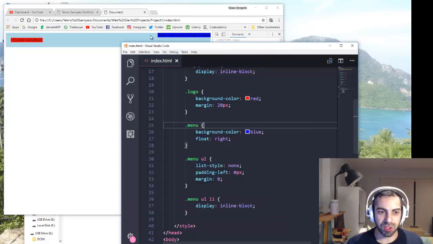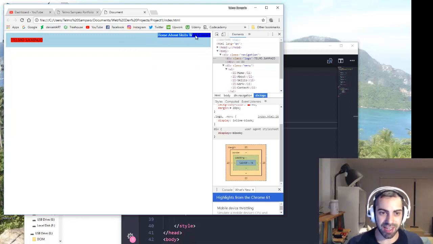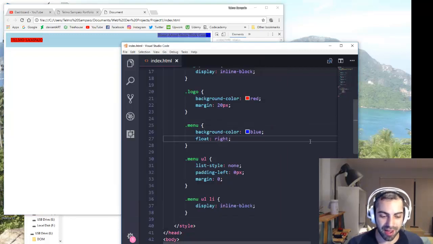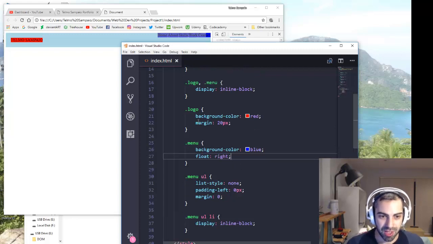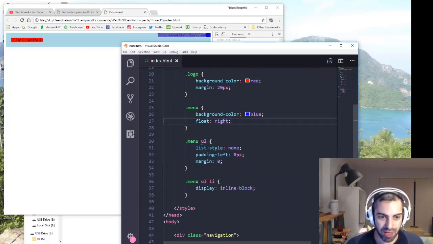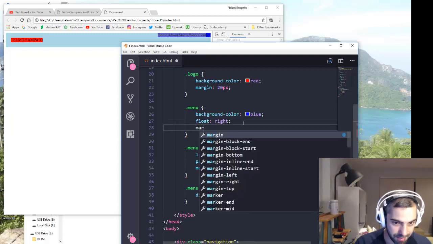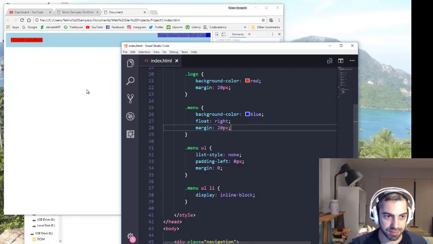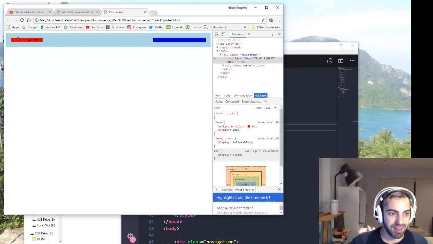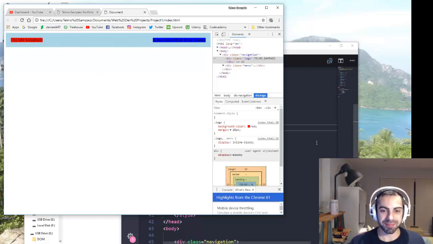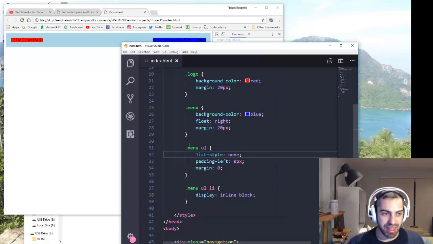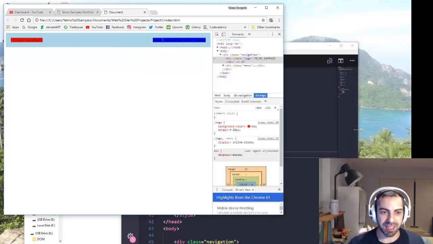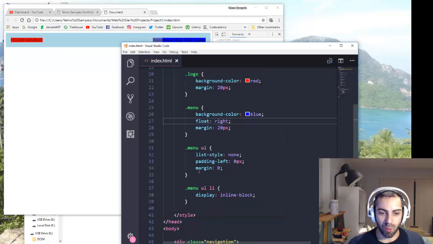And we want to do the same because this one in here is still on the top. We want it to have the same thing. So we go in here to our menu and give it a margin of 20 pixels. There you go. You see, they are really nicely centered now. So I think now that you understand this a little bit better, we need to give it a little bit of space